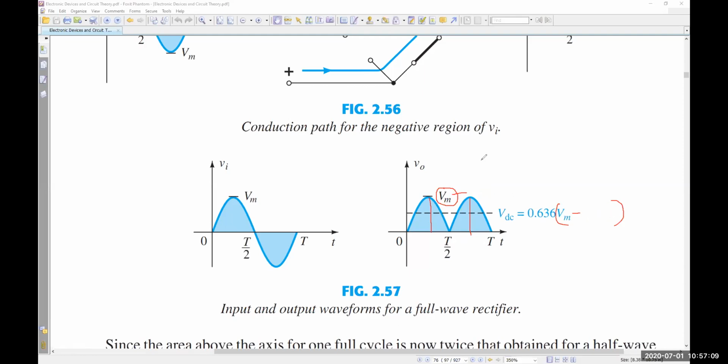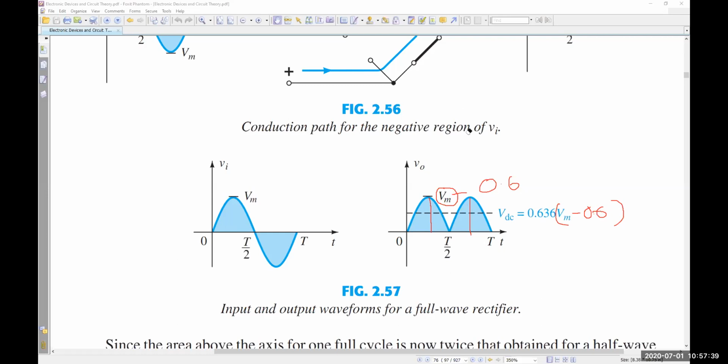What will happen if I use germanium? 0.3, 0.3, right? Now, that means 0.3 plus 0.3, that means 0.6, right? Yes, sir. 0.6 will be gone here, 0.6 will be gone there. So your formula will be 0.6. So what will happen if I use gallium arsenide? 1.2, 1.2. That means here you will lose 1.2 plus 1.2, that means 2.4. We have to write 2.4.